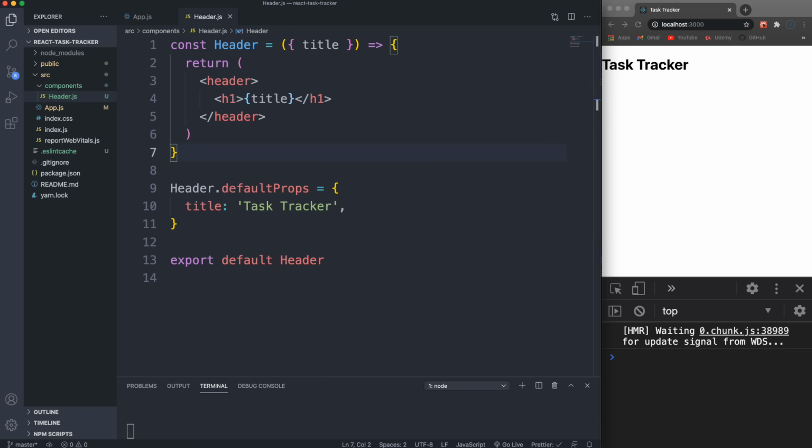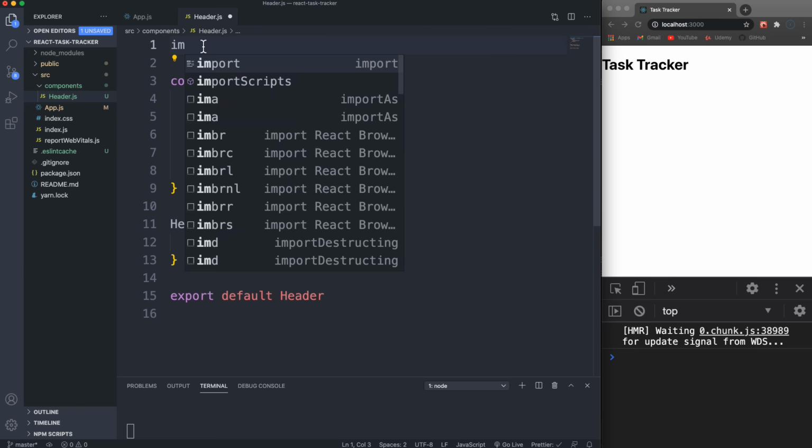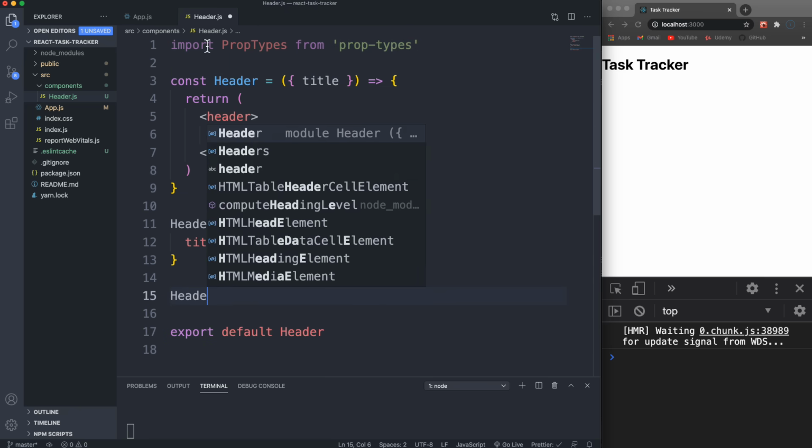Now, there's also PropTypes, which is kind of like a built-in type system for your properties. It's not something you have to use, but it's something that will help you out and make your code a little bit more robust. I'm not going to focus on creating PropTypes for everything, but I just want to show you how it works. Now with the ES7 React extension, you can do impt to import PropTypes. And then what we can do is go down here and say Header.propTypes